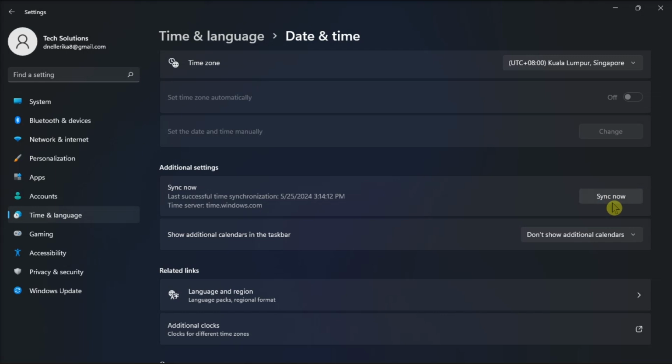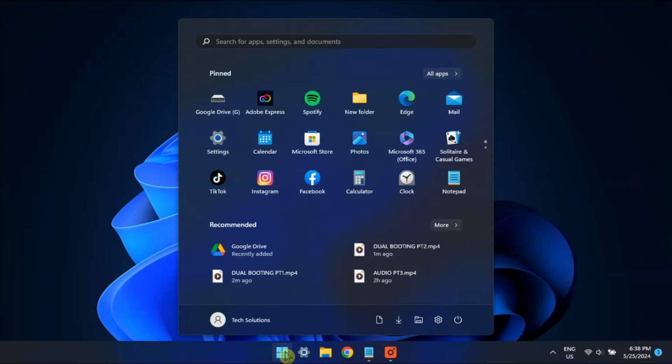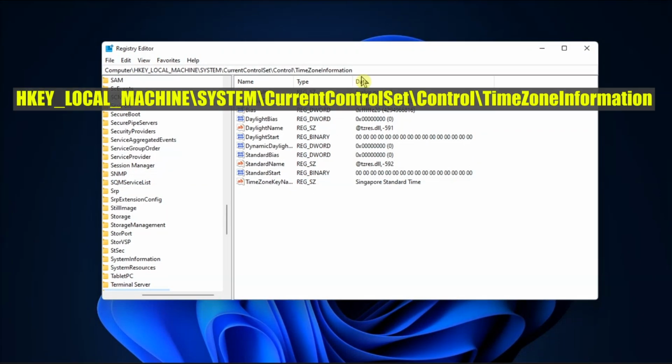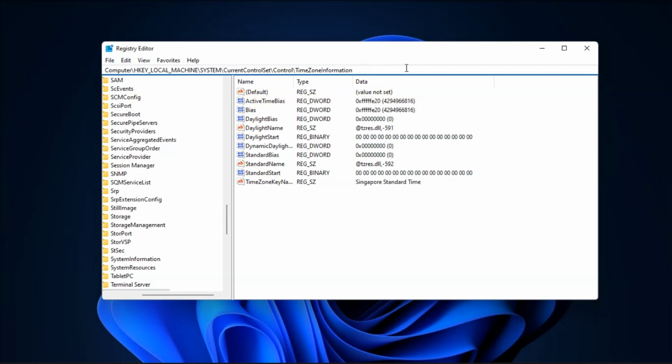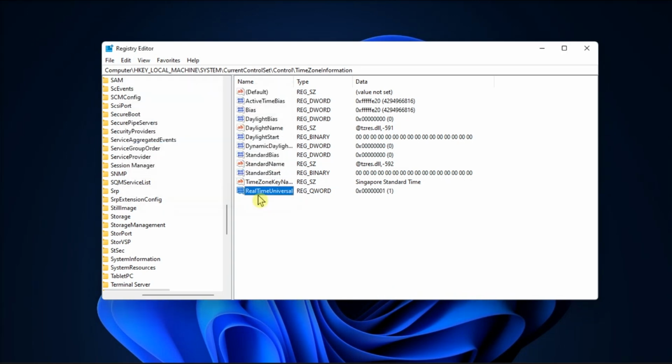You also have to make Windows use the UTC time for the hardware clock, and you can do that by opening regedit, go to this location, right-click on an empty space, click on New, add a new keyword, and give it the name RealTimeIsUniversal. But if you're on a 32-bit Windows version, you need to add a DWORD value entry instead. Now after the entry has been added, double-click on it and set the value to 1, and then reboot your system. So those are the 3 ways on how you can fix dual booting Linux messing up Windows time